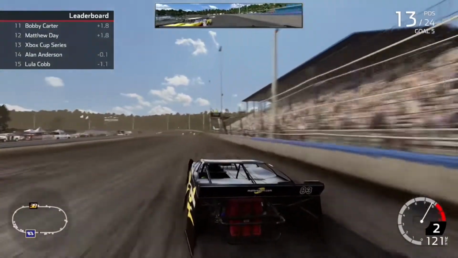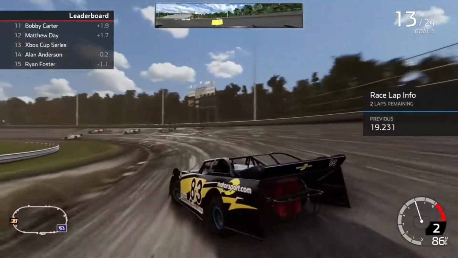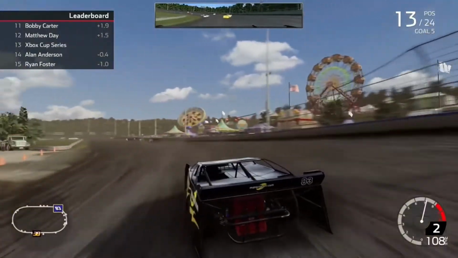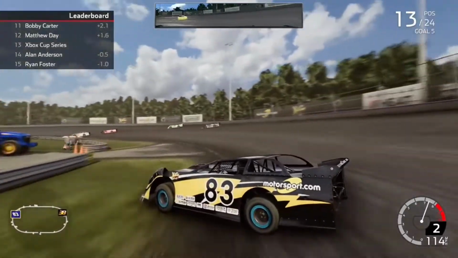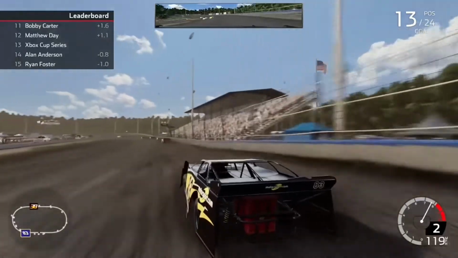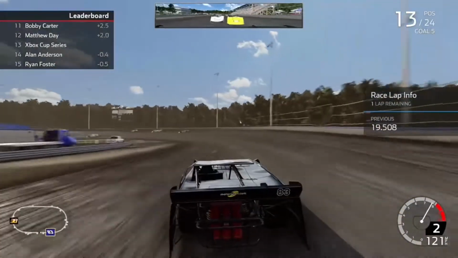Cleanly by him now, as we're going to try to block him off from getting that huge run off the outside, as we are going to keep this 13th position, and that may be where we finish, as long as we don't make any mistakes. How this race is going, I'd be happy with this 13th place finish, as we're going to make contact with the outside wall, though, so I'm looking behind me, as we're just going to try to block off any runs